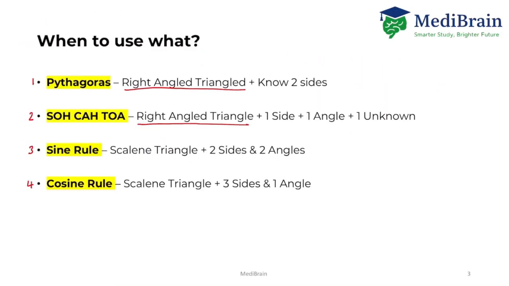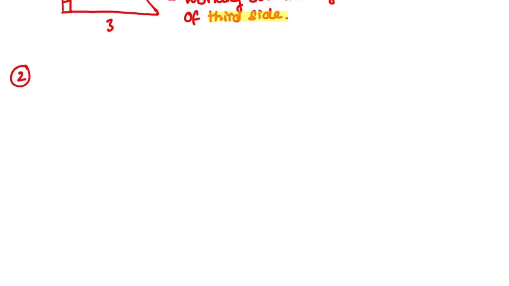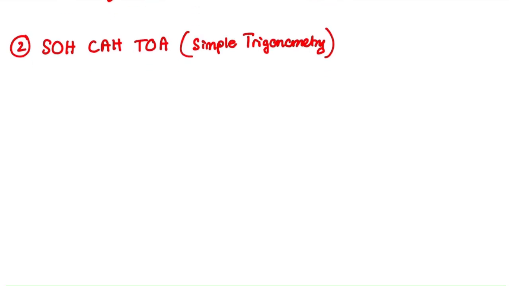Now in lesson two that we had, that was all about SOHCAHTOA. Or in other words, this is simple trigonometry. And again, you have to have a right angle triangle for this type of trigonometry. This time, there are two possibilities for what you will be given. You will be either given two sides